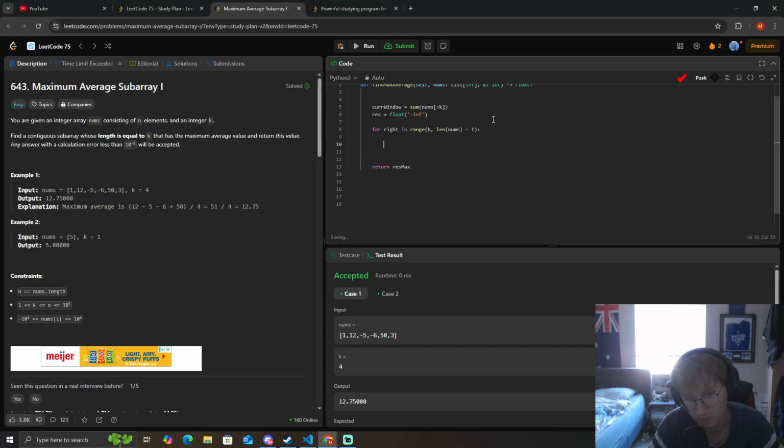Then we want to do, well, code window plus or equal to, we want nums right minus